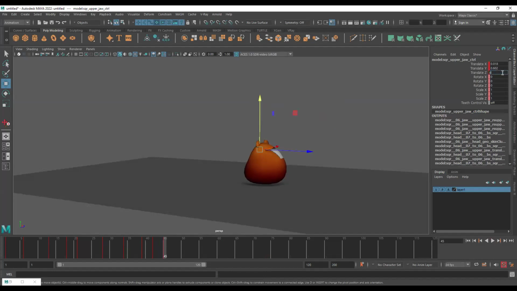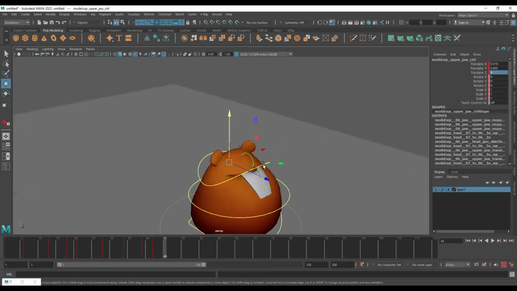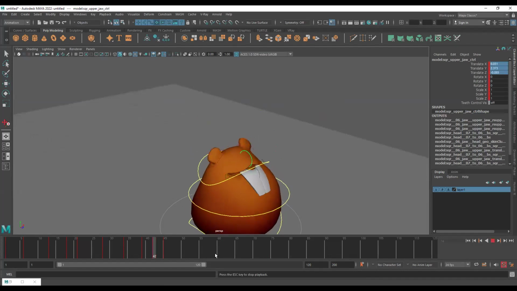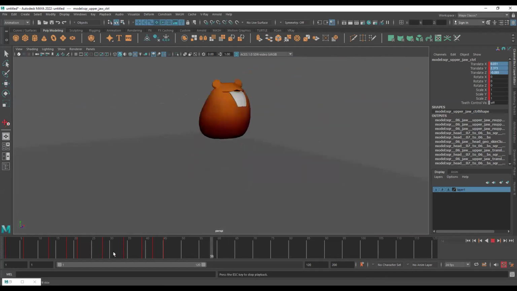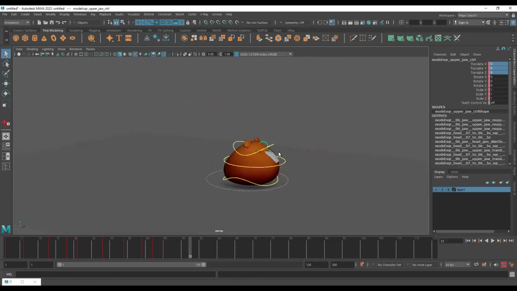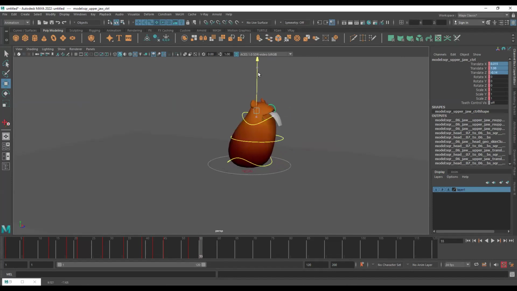I'll translate it back in the Z axis. So, and I also want to make sure that everything is zeroed out in translation at frame number 45. So you can see the mouth closes all the way. So that looks good. A little bit of dampening happens and then it closes completely. And then it should remain closed till it is squashed, right? So I'm just going to put a key here again. And when it is stretched out, I can open it again